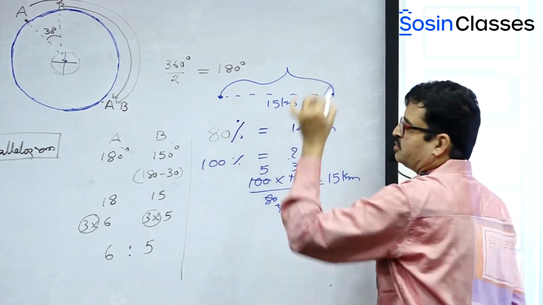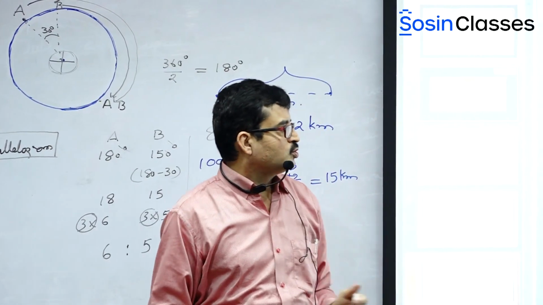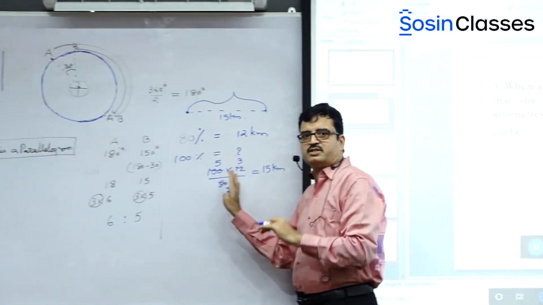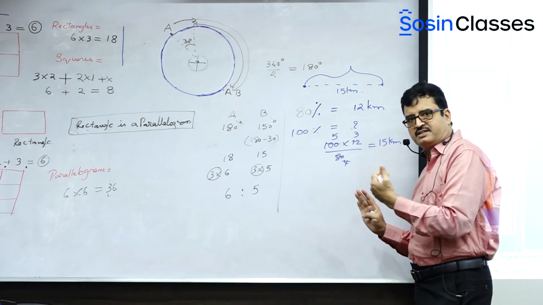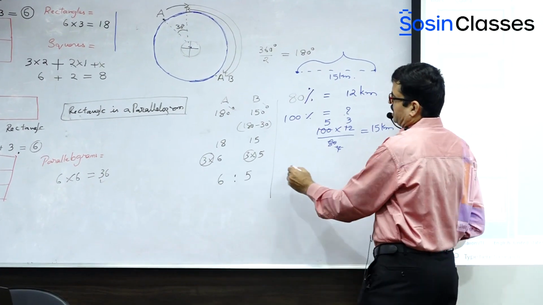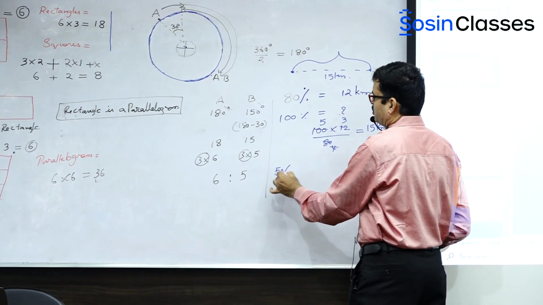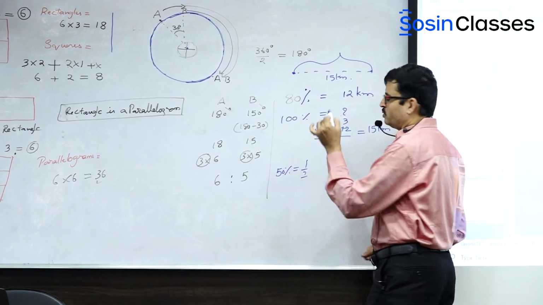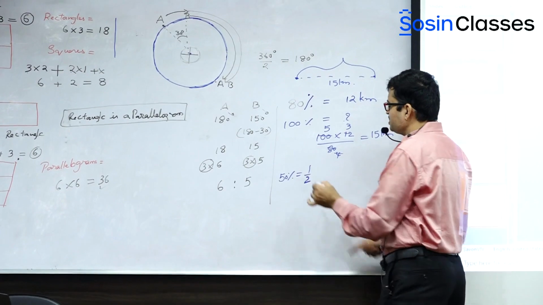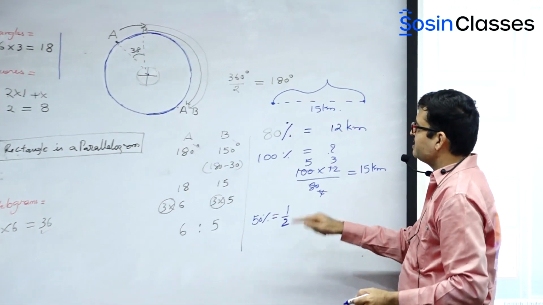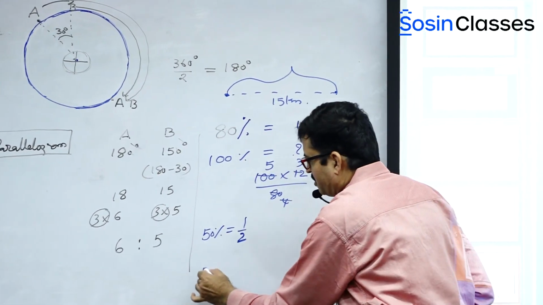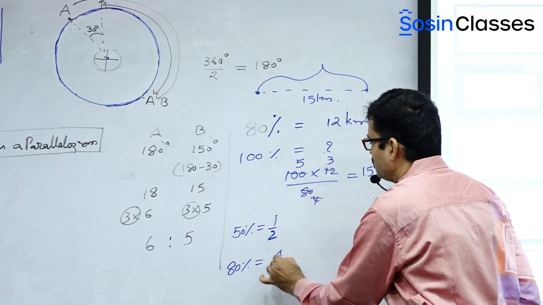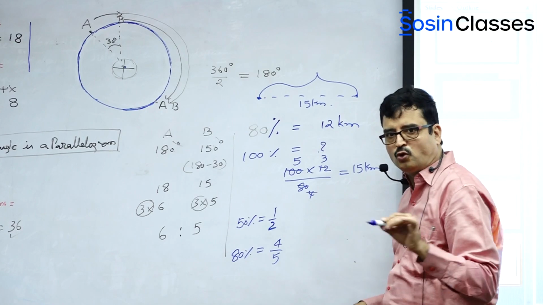Am I clear? So this question was asked in 2019. But please note, this I have just discussed in the normal way, but let us make it simple. See, for example, if I say 50%, how do you understand 50% fraction-wise? That is 1 by 2. That means 1 out of 2. In the same way, when I say 80%, we can understand like this. 80% in fraction is equal to 4 by 5, or 4 out of 5.